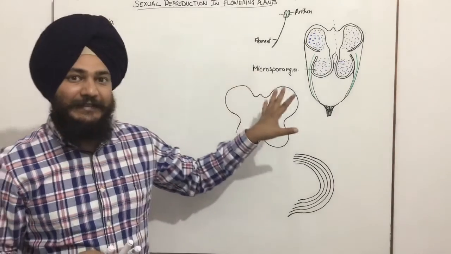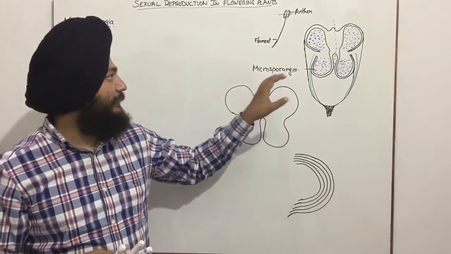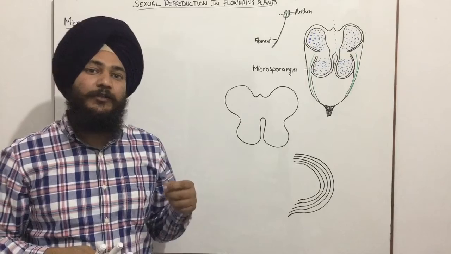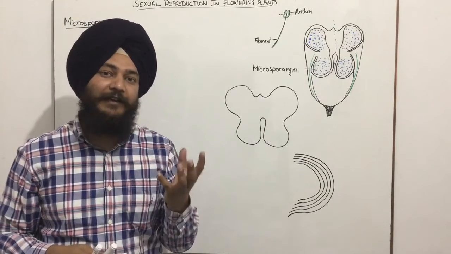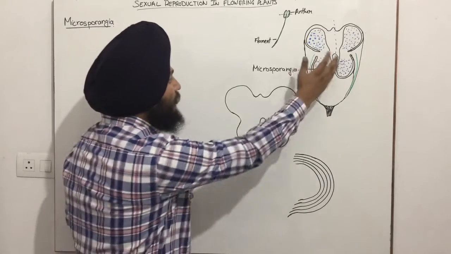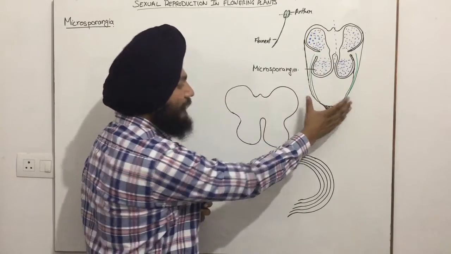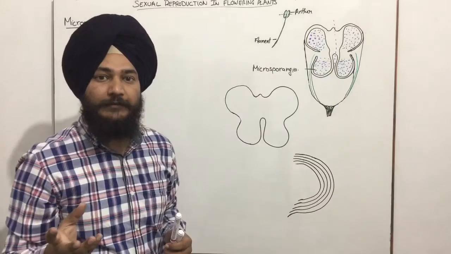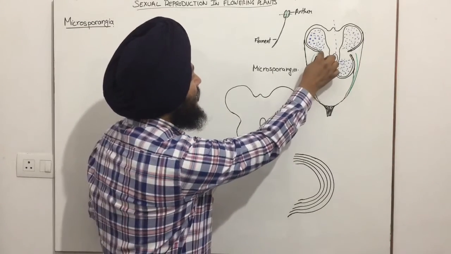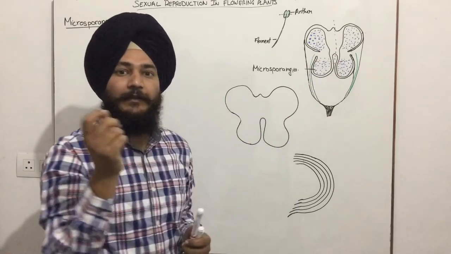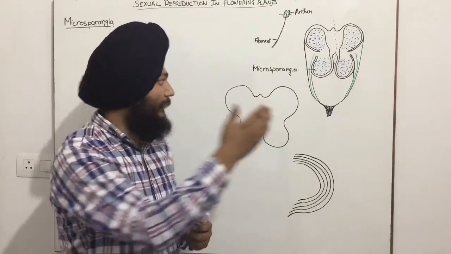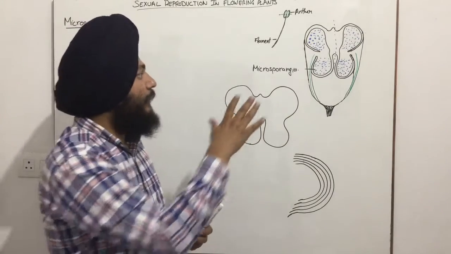When we study the detailed structure of microsporangia in the transverse section of the anther, we found that the sporangia is nearly round in its shape. So we have four microsporangia. Actually, this diagram is of a mature anther, and in a mature anther, the walls of the microsporangia break away. That we will do later in this lecture.